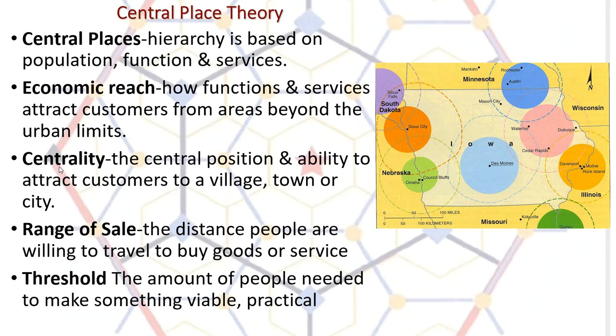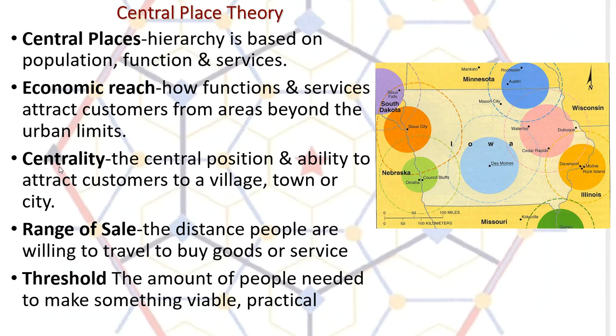If you look over at the map of Iowa, okay, look at Des Moines. If you live within a set distance of Des Moines, that's where you're going to do your bigger shopping. That's where you do your entertainment stuff. And if you look, there's a dotted light blue line that's further out. There's going to be a point when you're so far out from Des Moines that you're not going to want to go to Des Moines for everything, but you'll go to Des Moines for the bigger stuff. If you look, it's the same thing with Omaha and Council Bluffs.